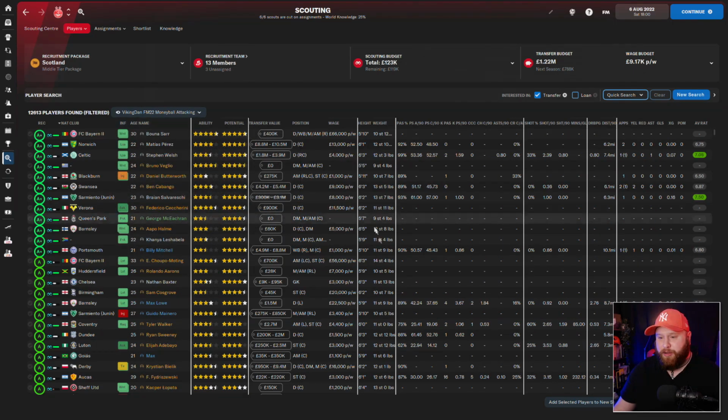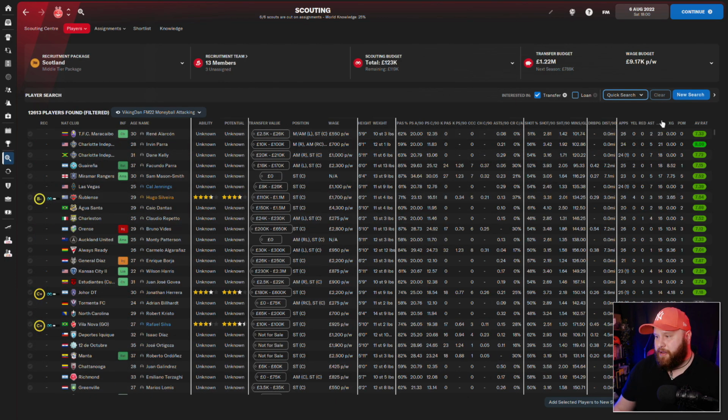I've got my Moneyball attacking. So when I'm trying to look for a player based off stats, and this is probably something I'm going to use a lot in my Aberdeen save, I'm going to use stats to look for players that are outperforming what they should be doing, and looking for players who are really good value in the transfer market. So for example, in the Moneyball attacking, if I'm looking for a clinical striker, I might look for the amount of goals they've got, and then go off the xG from that. Now, you're only going to get xG from leagues that you are able to scout. So, for example,